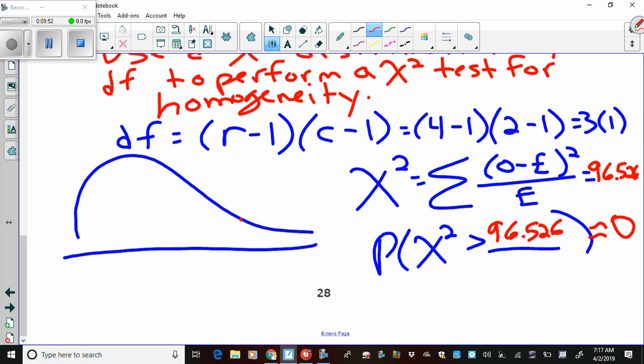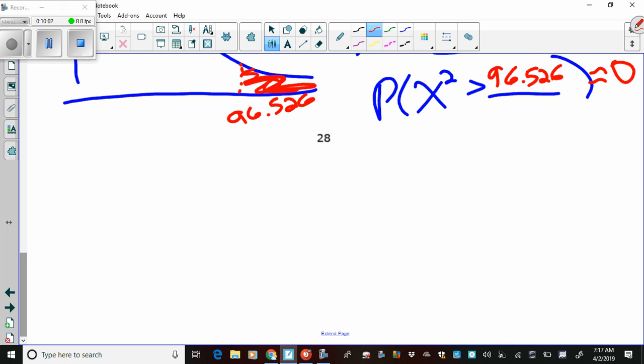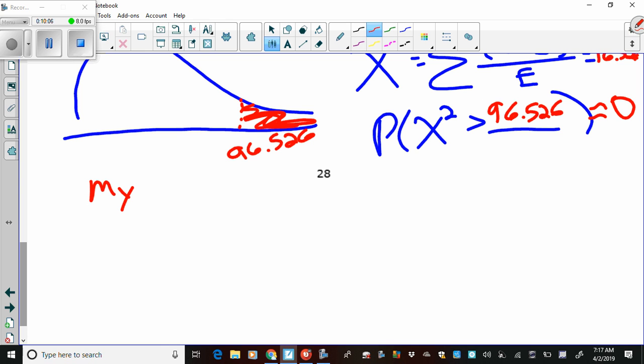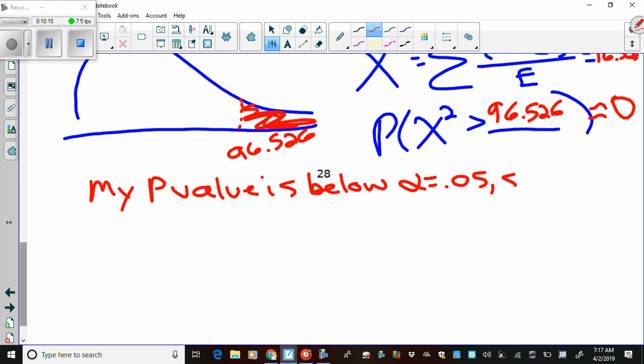So I'm going to go ahead and just shade my chi-squared statistic. So I'm going to go ahead and write out my conclusion. My p-value is below an alpha of 0.05, so it's low,